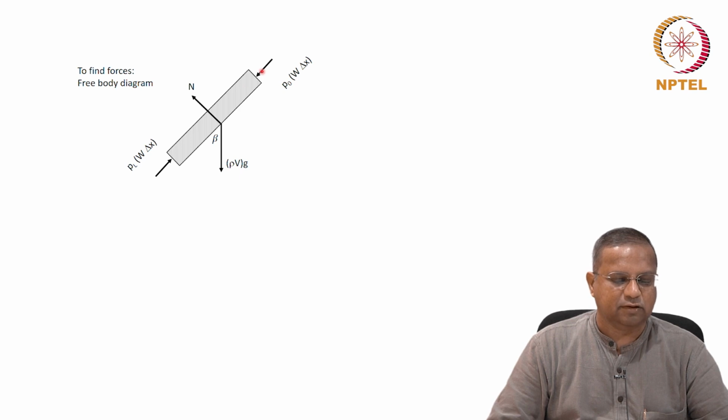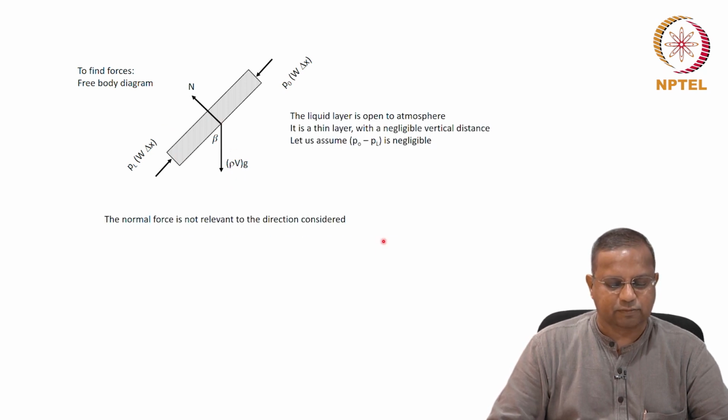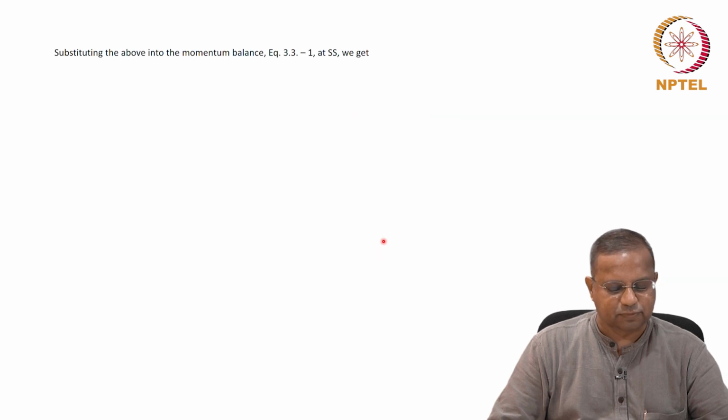Then, since the film is thin, we argued that we could ignore the difference between P0 and PL, because the upper part is anyway open to the atmosphere. That's going to be the same. The lower part, since the thickness is very, very small, we could ignore any changes, and therefore this force cancels with this force. This force is irrelevant in the direction of motion. Therefore, only a component of the gravitational force comes into being. All that we talked about.